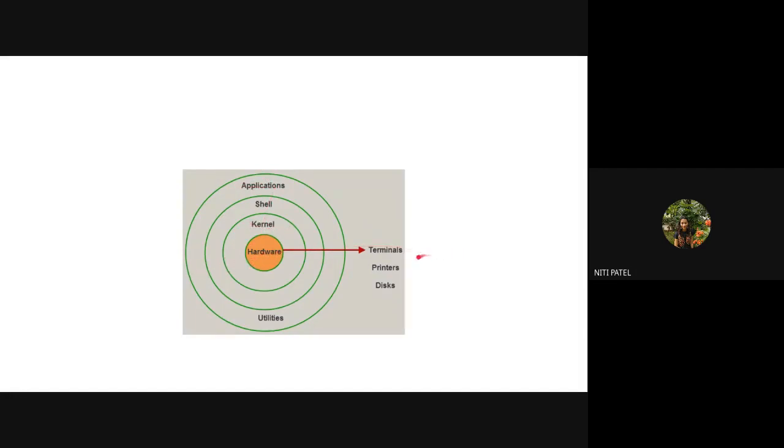What is that hardware? All your computers, printers, disk, anything as hardware that you install comes in this hardware. Who allows your hardware to interact with this application? It is the kernel part. But who is allowing your kernel and your applications to interact? It is nothing but the shell. So whatever system calls we are studying up till now are also part of the shell. The communication between the program and kernel is done by the shell and system calls, and the communication between your hardware and your programs is done with the help of the kernel.